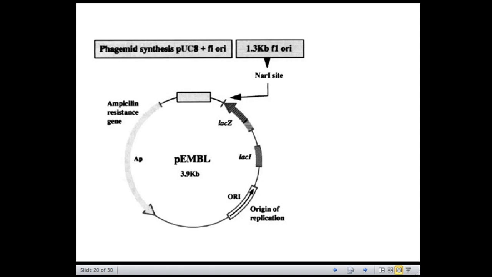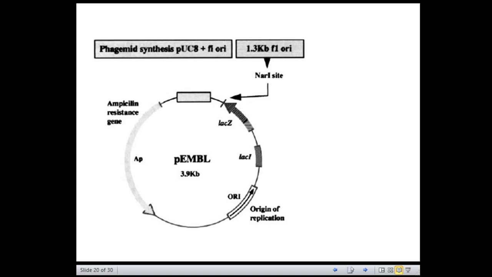Now the phage is assembled into a phage coat, extruded through the periplasm and secreted into the culture medium in a similar way to that of M13. So you can find a lot of similarities between the phagemid and M13. So without superinfection, the phagemid replicates as a pUC type plasmid, and in the replicative form, that is RF, the DNA isolated is double stranded. So this allows further manipulation such as restriction digestion, ligation and mapping analysis to be performed.